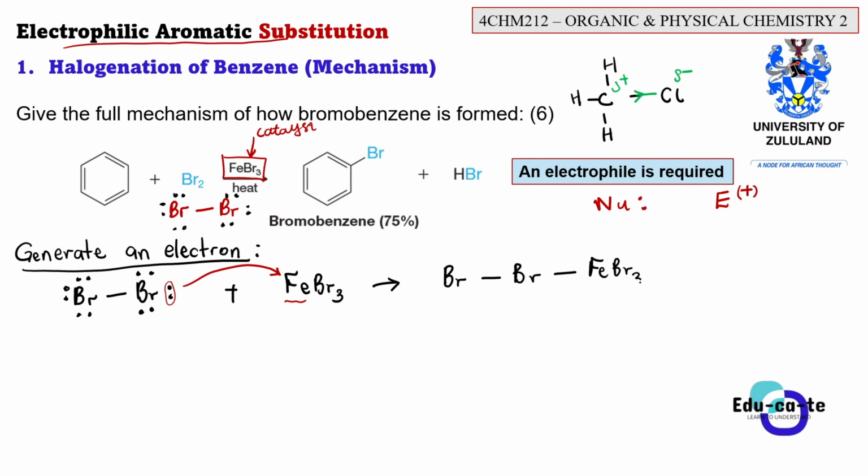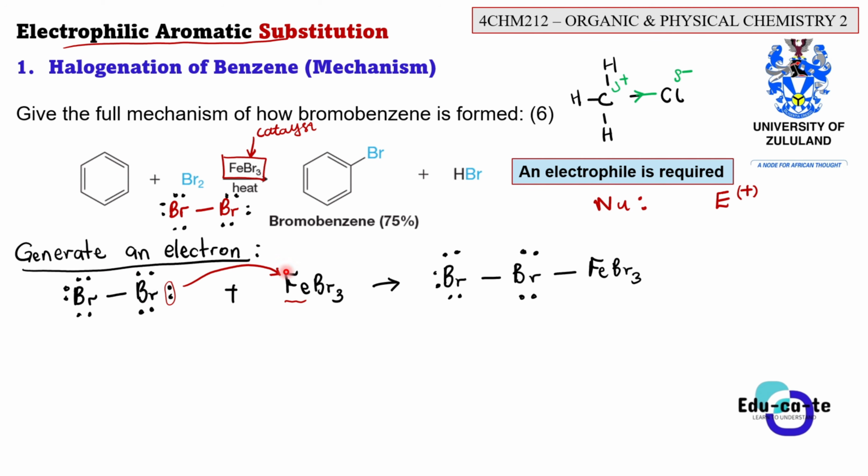So there's been a reaction that has taken place here. Now I'll draw the lone pairs that we had initially. We still have them. Here we remain with only two because we have used one of them. Now let's look at the charges here. Remember that this Br2 was neutral at first.